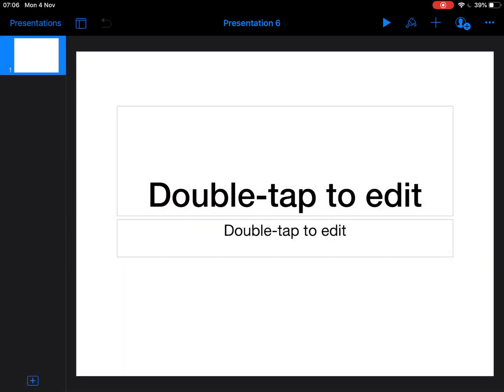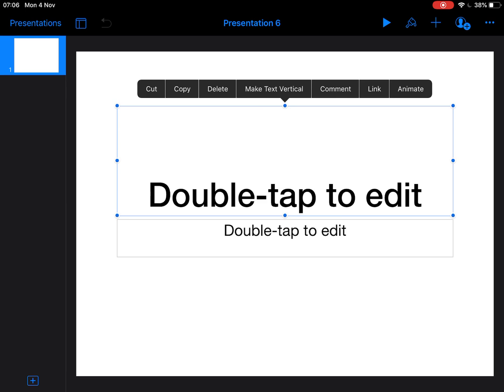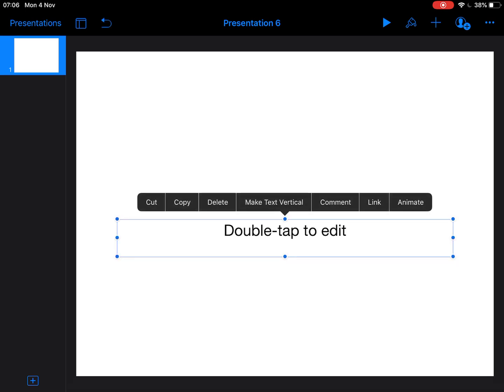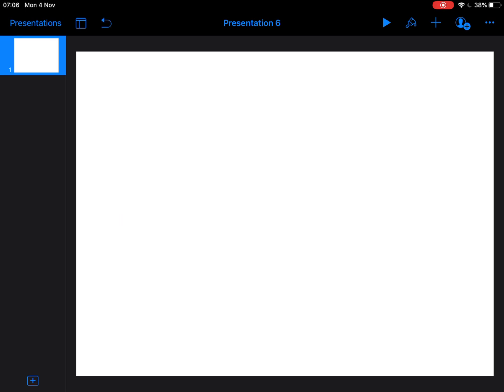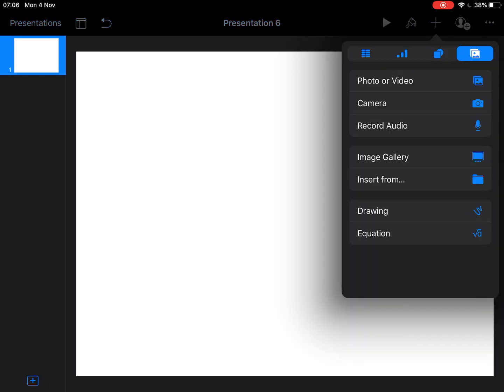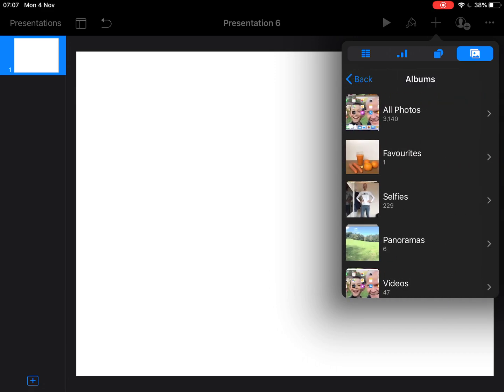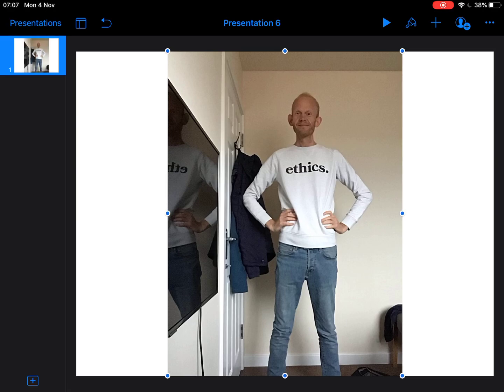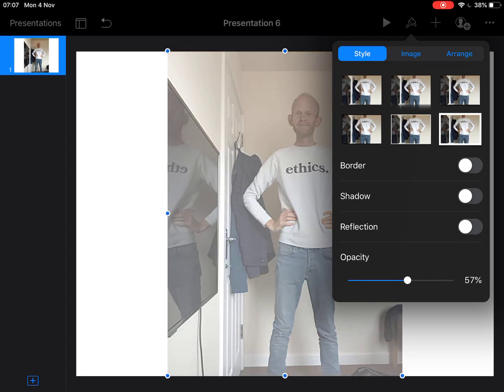So we just want a blank slide. So if we tap on that, we can delete it. Tap on this, we can delete it. Now you've got a blank slide. First thing you want to do is add a picture of yourself. So click on the plus, then photo or video, all photos, and I've got a picture here. That will do nicely. If I go into the paintbrush one, I can turn down the opacity to make it